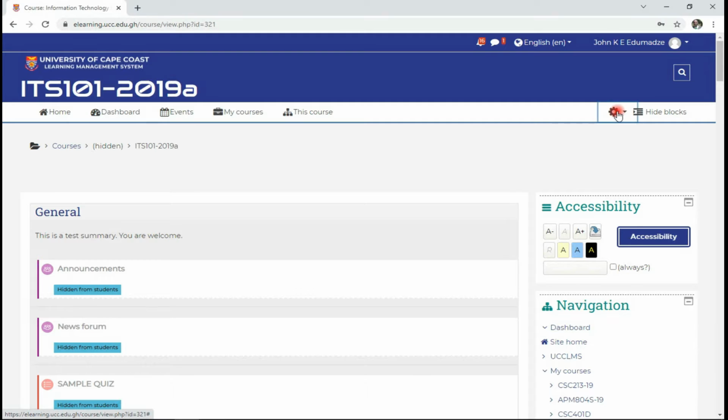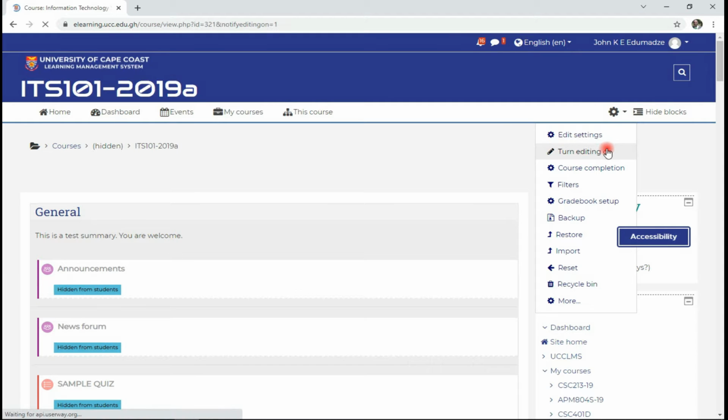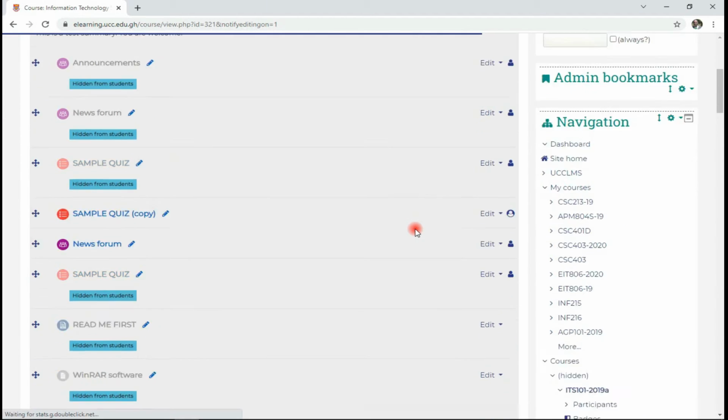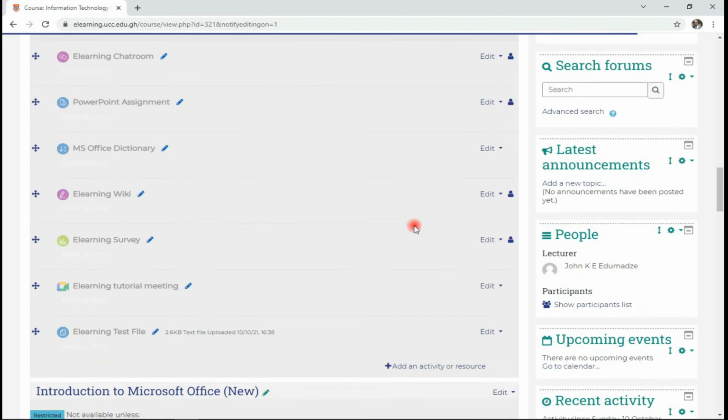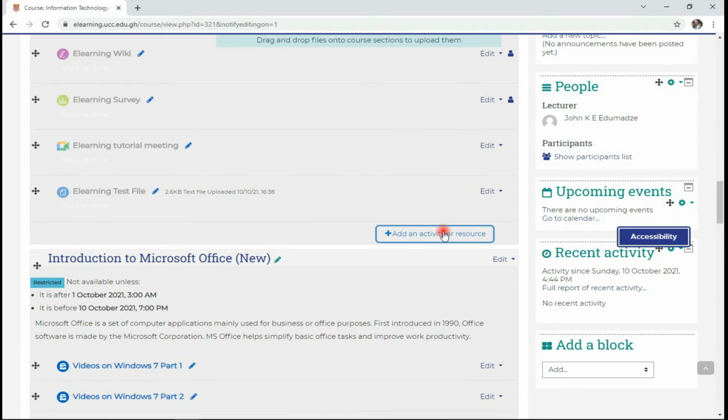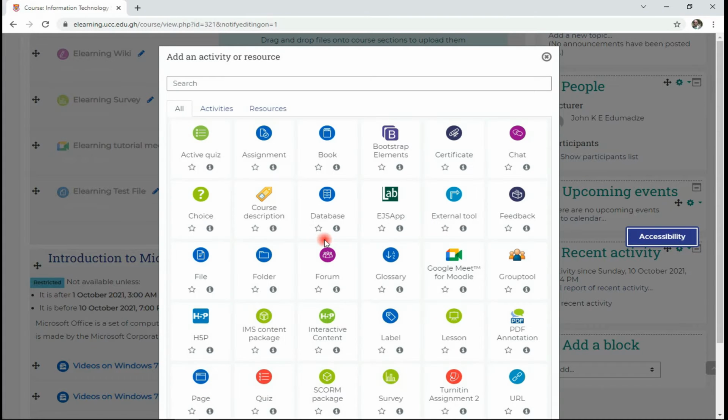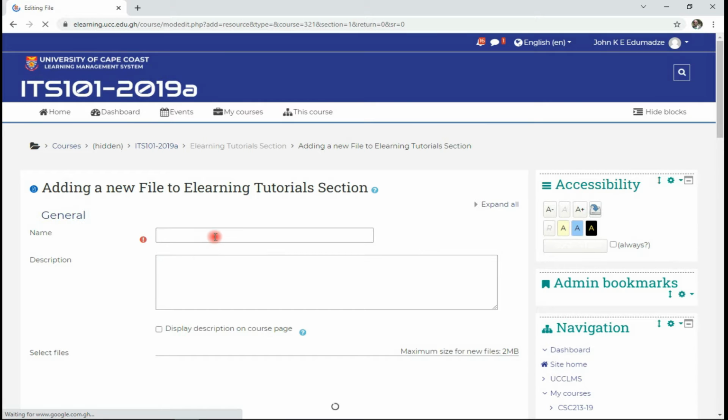Now, to add any file resource, first enable editing by clicking on Turn Editing On. Next, select Add Activity or Resource at the bottom of the section that you want to add the file resource to. After, select File from the Add an Activity or Resource pop-up menu to open the file page setting as